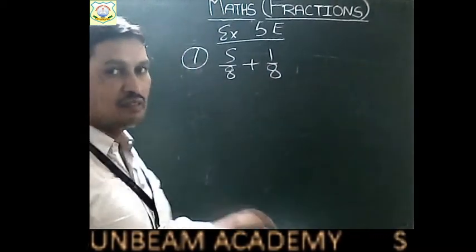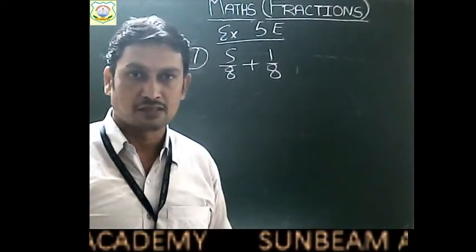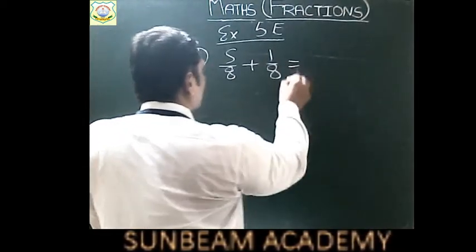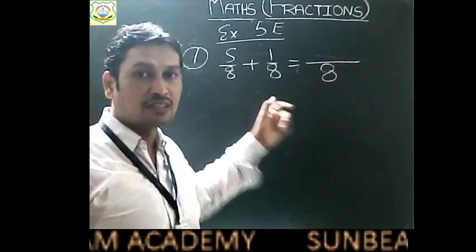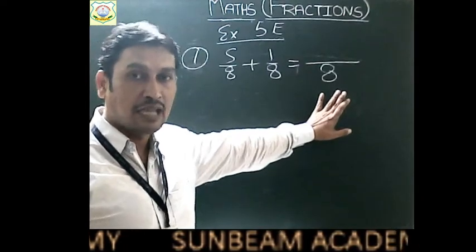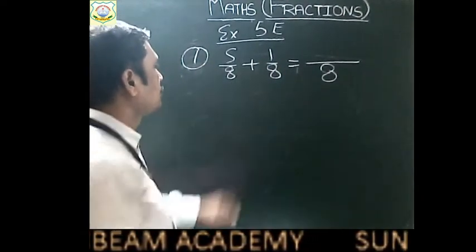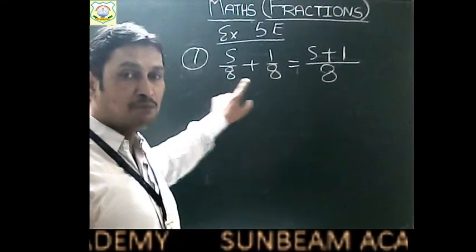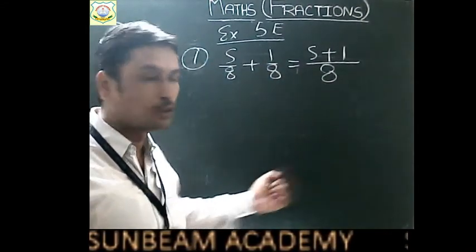So, children, firstly we will see whether the given fractions are like fractions or unlike fractions, right? If we have like fractions, children, and we have to add them, then the denominator will be written as it is. The denominator is common because like fractions have the same denominator, so the denominator will be written as it is, and the numerators will be added directly. So 5 plus 1. So 5 out of 8 plus 1 out of 8 will give 5 plus 1, that is 6 out of 8. Okay, so 6 by 8.